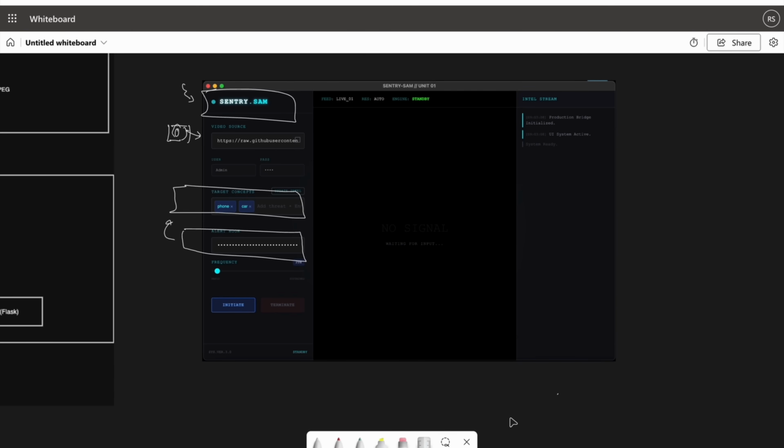So for now, I am giving support for Discord. In future, I am going to add more and more. So here you have to just paste the webhook URL. I am going to tell you how you can get the Discord webhook URL for any channel that you would like to use. And after that, you just need to define one configuration, like how frequently you want us to give an update